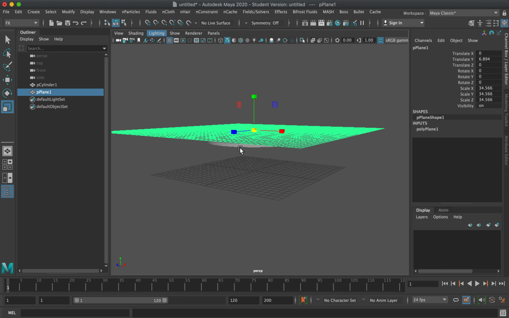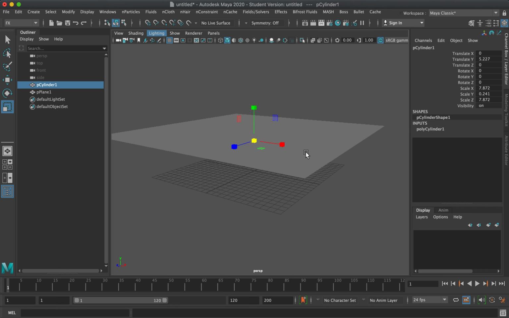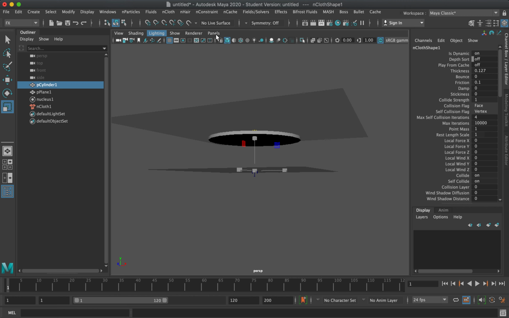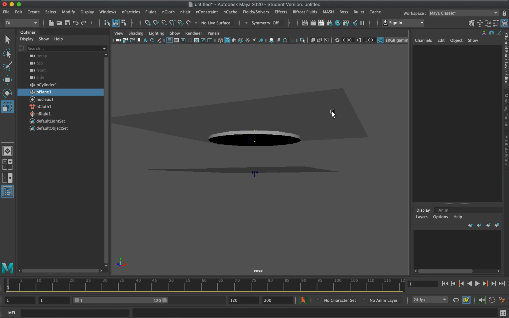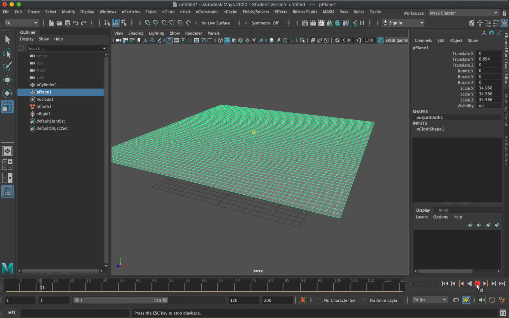Be converting into an nCloth and then cylinder. Okay, so we'll talk about the different presets of nCloth. So let me create this as an nCloth and then the other one as a passive collider. Okay, so by default this is the effect of